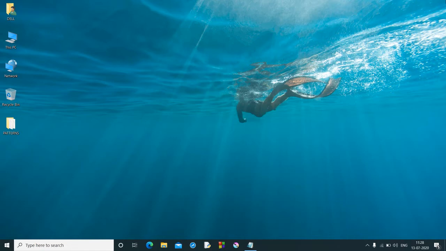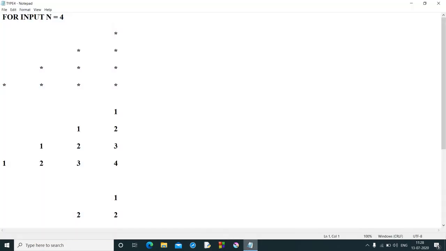The main focus of this video is we are going to deal with type 4 patterns. This video is very important because till now we haven't got any leading space in patterns we have printed. But type 4 patterns will look something like this. Here we will have a leading space. So we need to print space first followed by stars. No matter what we have to print, we need to consider a loop to print that thing.